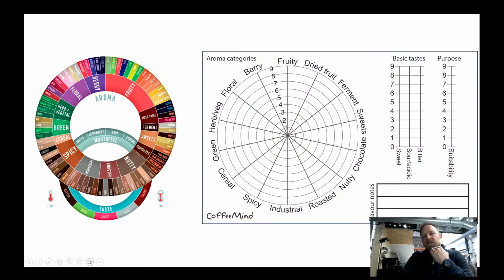So these are relative scorings relative to the samples at the table, and then the basic tastes are also to be scored. And once we've found the relevant products based on the flavor category intensities and the basic tastes, then we'll also bring some 3 flavor notes from the outer part of the flavor wheel for the marketing department. But most often the decision is made based on flavor categories and basic tastes, because the further you go, the more specific you get, the more you are in fairy tale land.